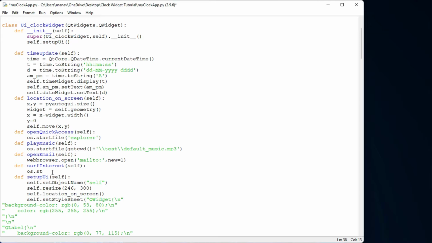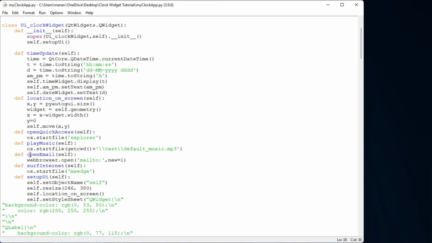You can use webbrowser also. So I'll use os.startfile, and under this I will pass Microsoft Edge. MS Edge is Microsoft Edge, because in most computers Microsoft Edge is available. That's why I'm using it. If you don't have Microsoft Edge, then you can use Firefox, Chrome, etc. So I have made it like this.